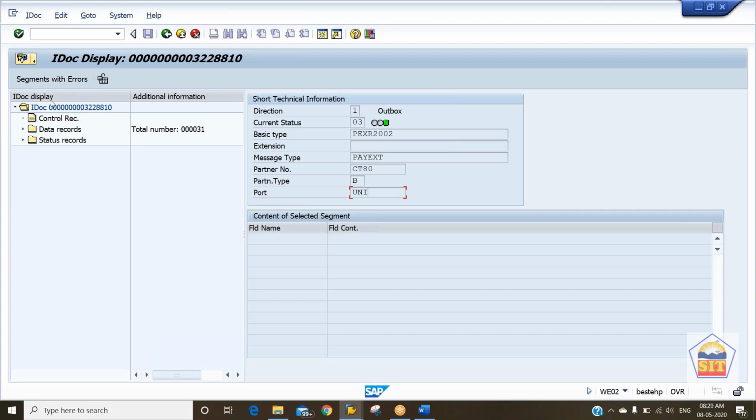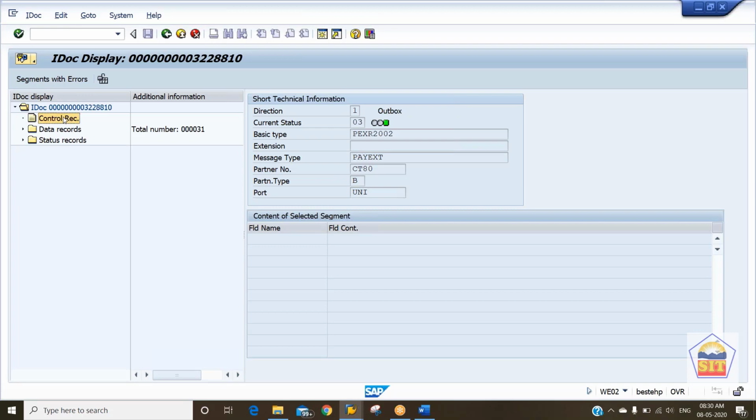So we'll see the document, and it is important for us to know, for any IDOC, what the structure is. You can see the structure on the left side. For example, we have taken here an outbound IDOC. The structure is going to be the same for inbound and outbound IDOCs. In this structure, we'll first have a control record. Then the second information we will have is the data record. And the last segment we'll have is the payment record.